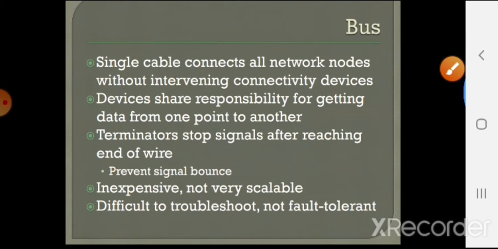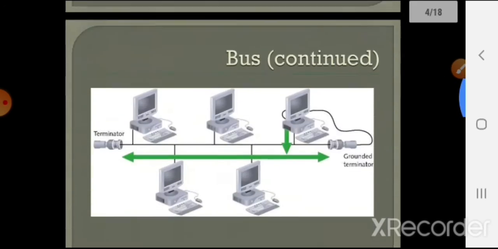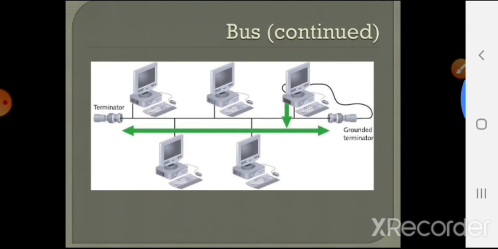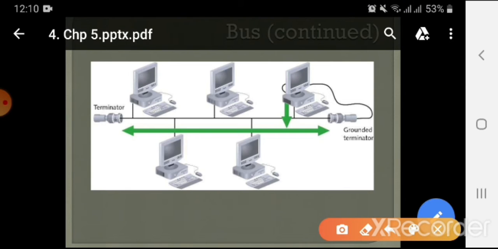First of all, bus topology. If we look at its diagram first, then we will discuss its detail. In bus topology, computers are connected through a single line called the bus. All the computers are directly connected to this single line as shown in this figure. You can see that there are 2 terminators at the end of the bus. These terminators are used to terminate the signal that travels through this communication line.